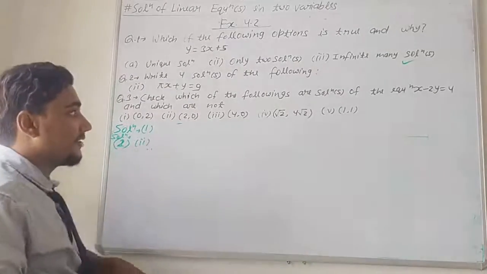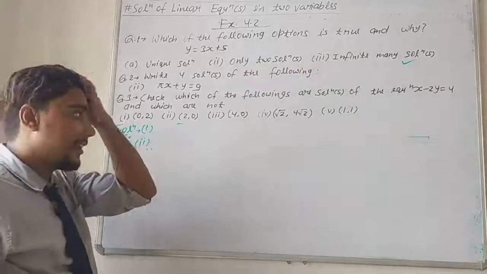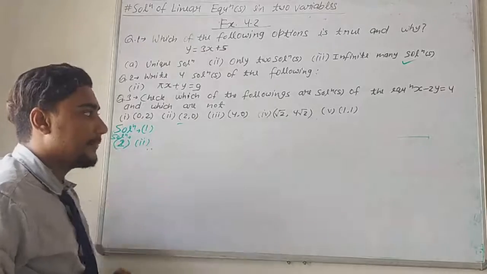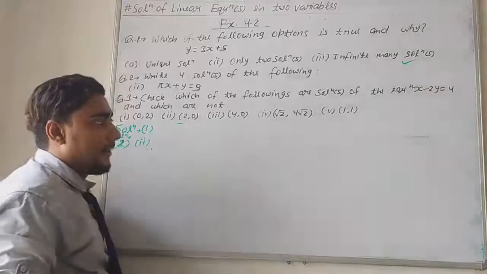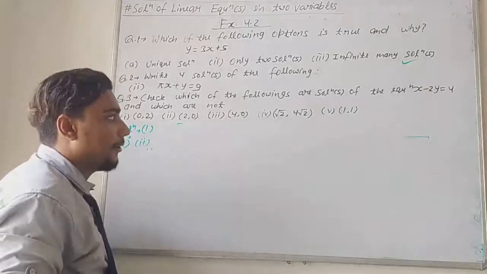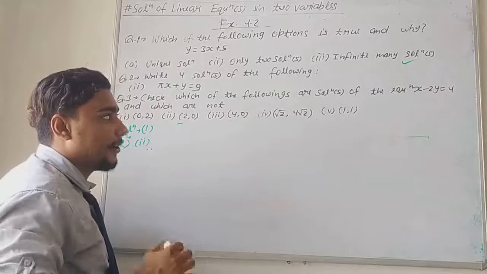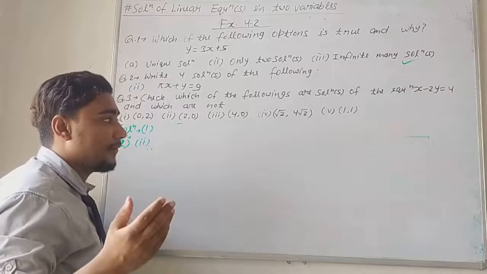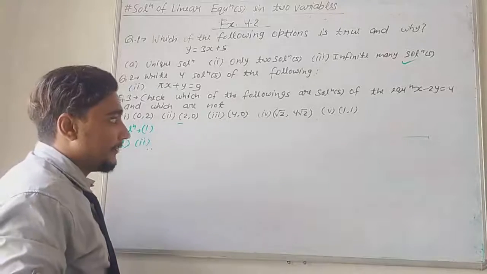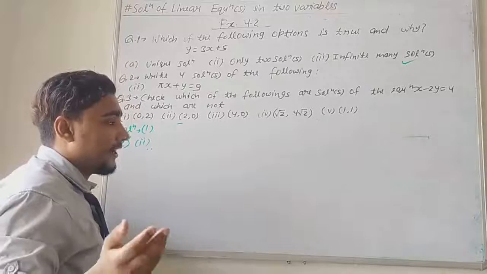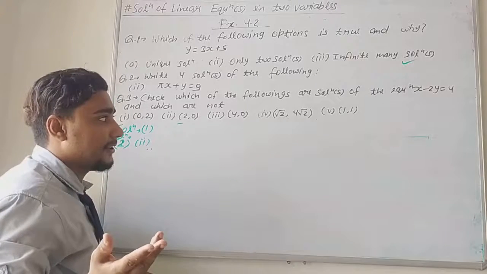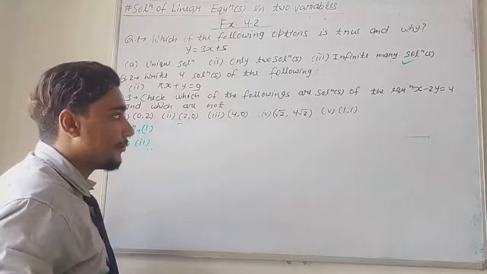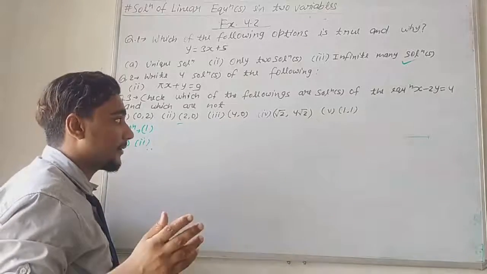The fourth question in the exercise was finding the value of k. In the previous videos from R.D. Sharma I had done many questions on finding the value of a constant k or alpha or lambda. We simply put the values of x and y and solve the equation. If we get a linear equation, we get one solution. If we get a quadratic equation, we get two solutions. That's why I am not taking question number 4.